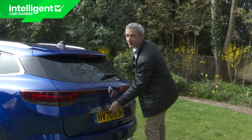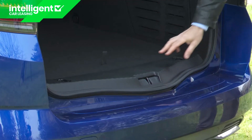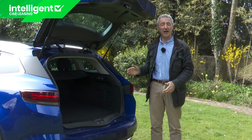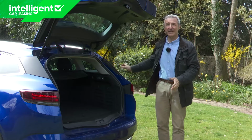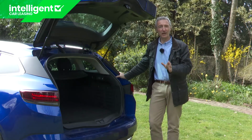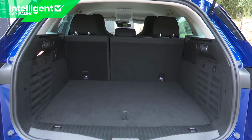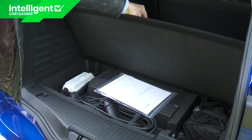Lift the tailgate, you'll find the opening is a good square shape, but this high sill will make it a bit awkward to get heavier items in. Inside, the space that you get falls by 116 litres over what you get in a conventionally engined TCE 140 petrol model, which means that in this E-TECH Sports Tourer estate, we've got 447 litres to play with. There's no space for anything much under the floor, only really room for the charging cables and the tyre repair